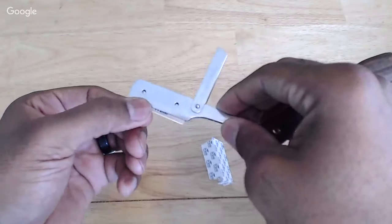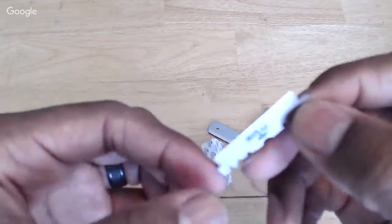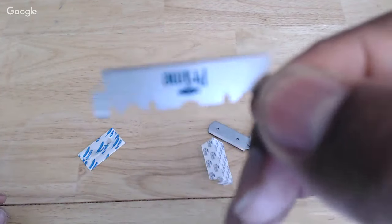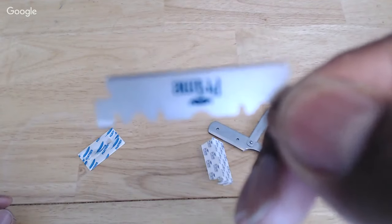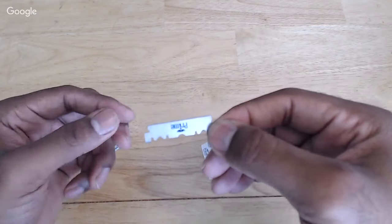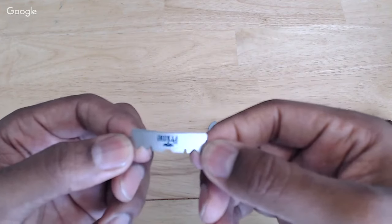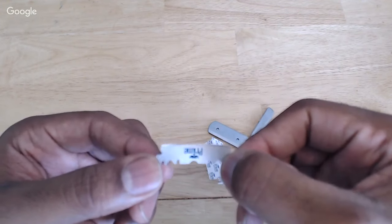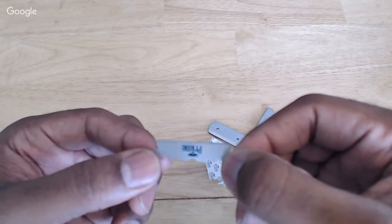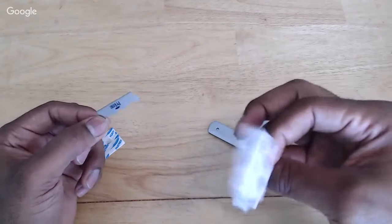And one other little tip before you guys go, all you barbers out there, especially the barbers that do a lot of face shaves and head shaves where you're cutting through coarse hair and you have that problem where the blade might dull out on you. This little tip is for you guys. Whenever that happens, if you have a client who wants to do his head and face, or even just his head or face for that matter, but he has very coarse hair and the blade dulls out on you midway, and you end up throwing this blade out and picking up the second half of your blade,